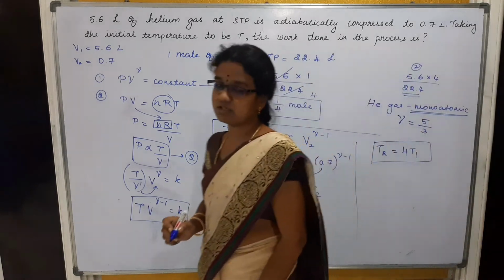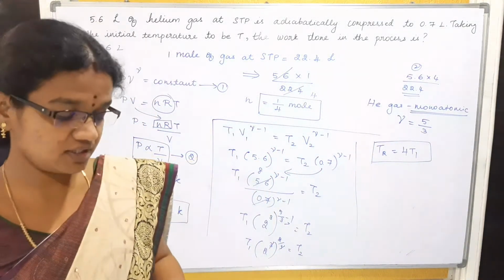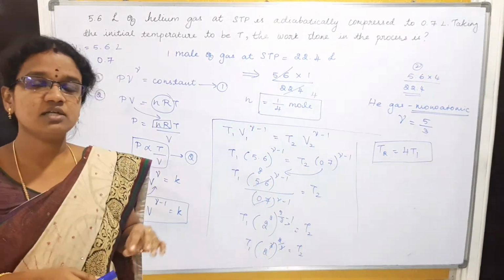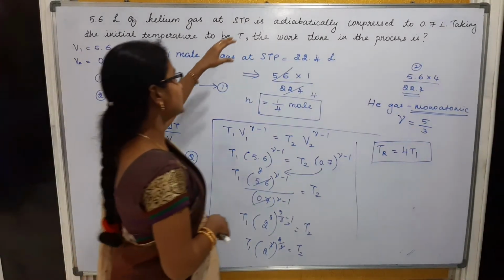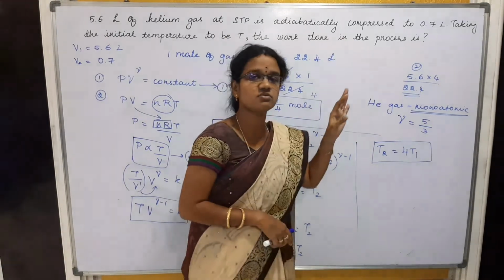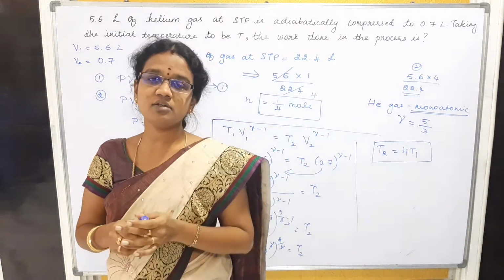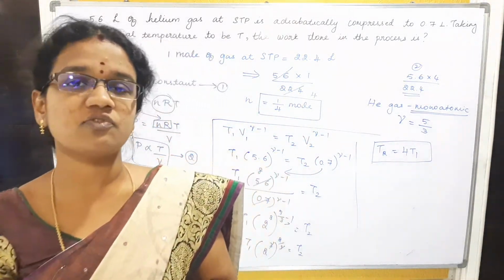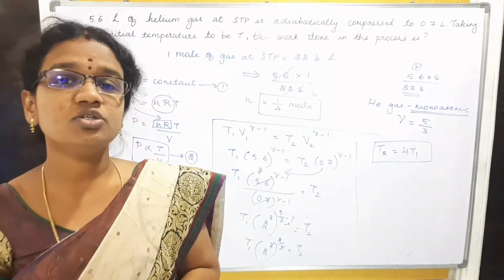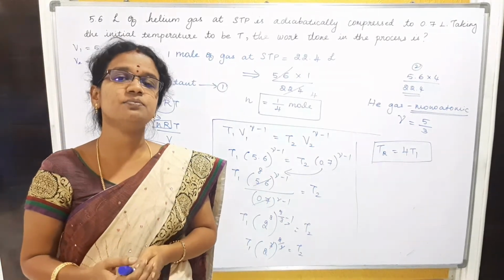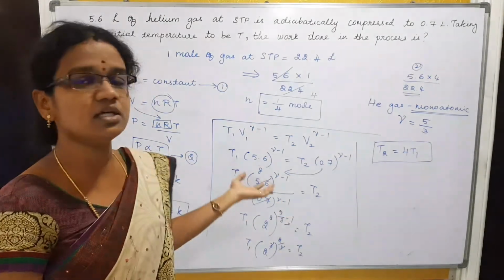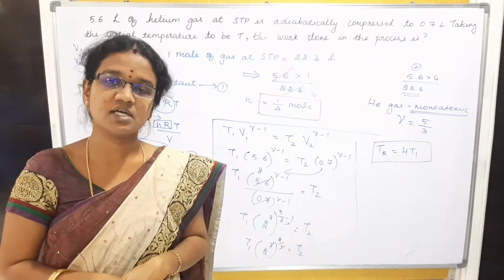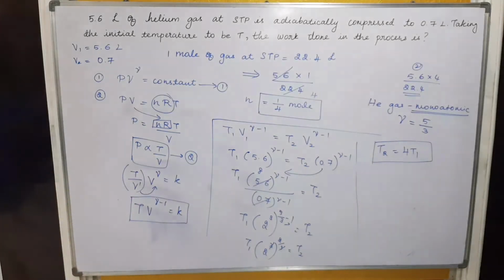First of all, please note down these 2 points, students. Then, the final question asks for the work done in the process, which we have to calculate. For that we use the formula delta Q is equal to delta U plus W, where the work done comes in. So we have to substitute in that equation and continue with the process. Please note it down.